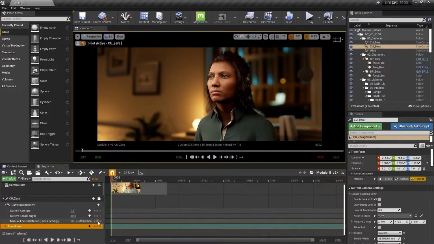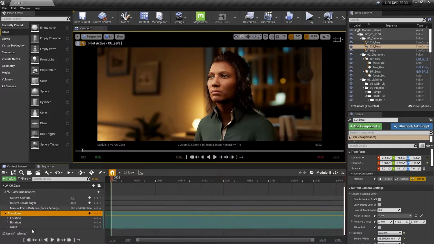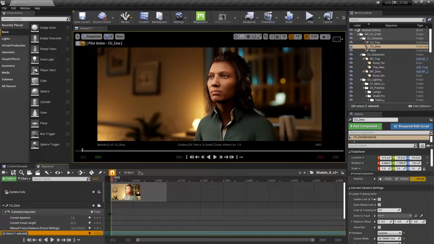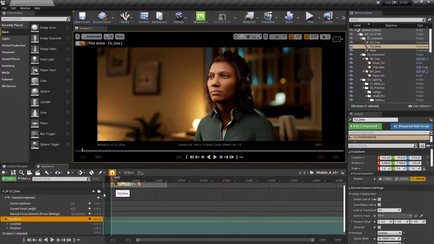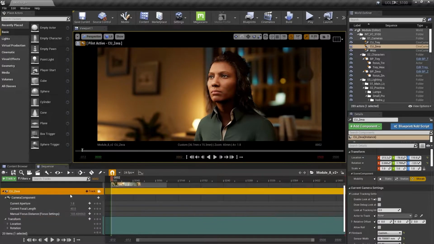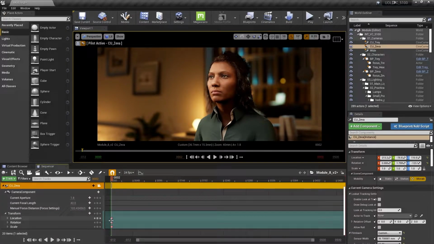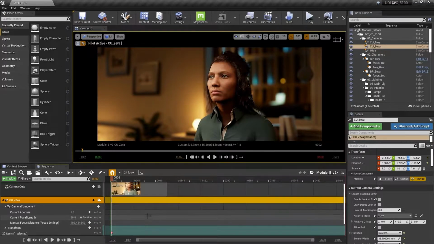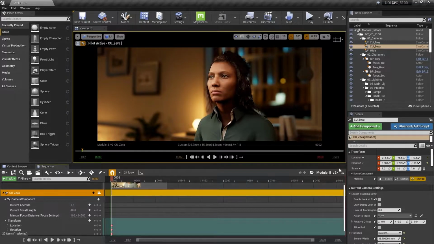That's this little plus button right here, as well as the transform values. So we can keyframe any of those. For now, we're going to hit S, and what that does is it adds a keyframe for all the transform values. Go ahead and hit S, and you'll see these orange circles right here. That means that's a keyframe in our sequence,